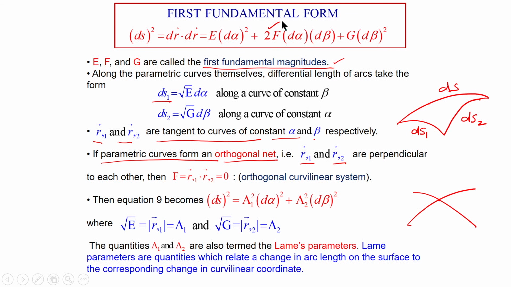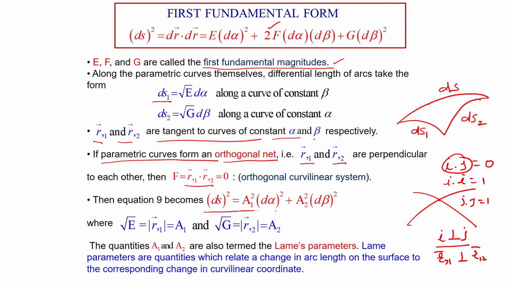that is, r comma 1 is perpendicular to r comma 2, then the 2F term will be 0, because of the dot product. If you talk about the rectangular coordinate system, i dot j is 0, i dot i is 1, similarly j dot j is 1. So, i dot j is 0 because i is perpendicular to j. Same way, if tangent vector 1 is perpendicular to tangent vector 2, then we can say F is 0,